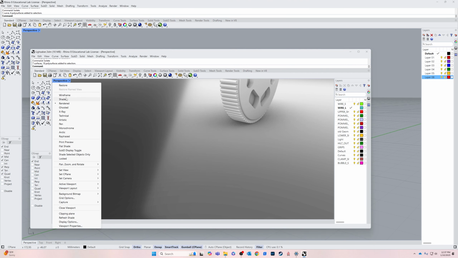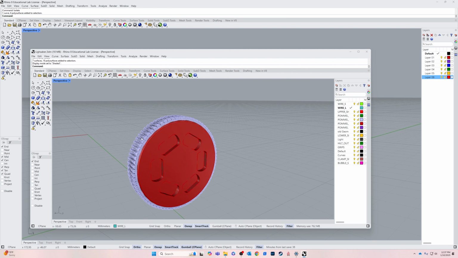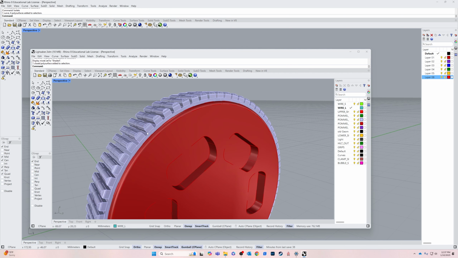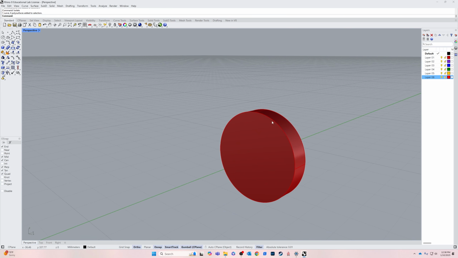Okay, and then let's go to shaded here. So first thing we're going to do is we're going to create this exterior part with these kind of rounded sections here. So let's do that. So we're going to offset this to create an object around it. So we go offset surface, enter, click on this surface,